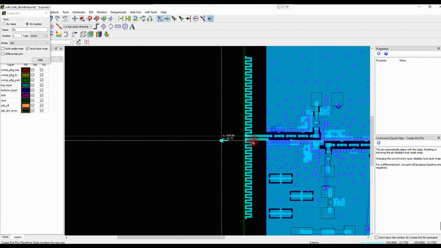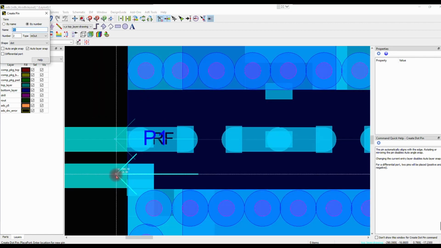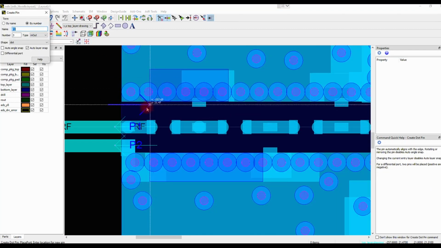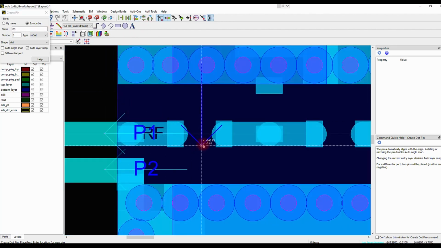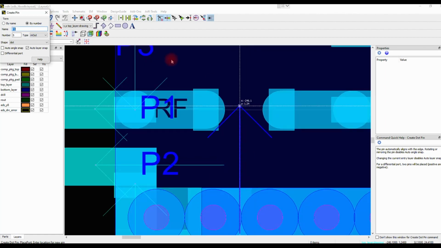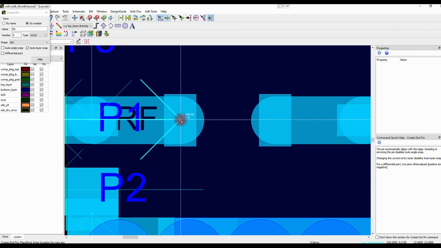Now we're going to place pins for the dipole antenna. Place 2 pins for the positive and negative arms of the dipole antenna. Next, we're going to place the pins for the matching components. We have a pi matching component in the design.